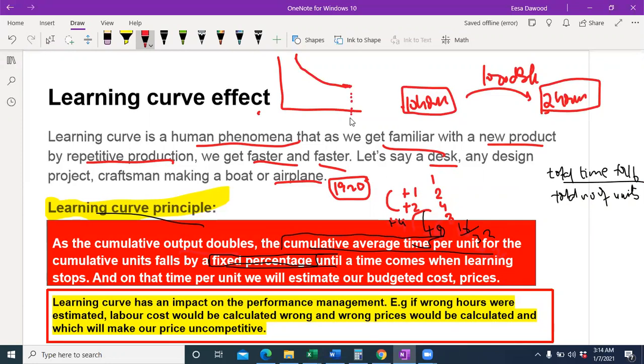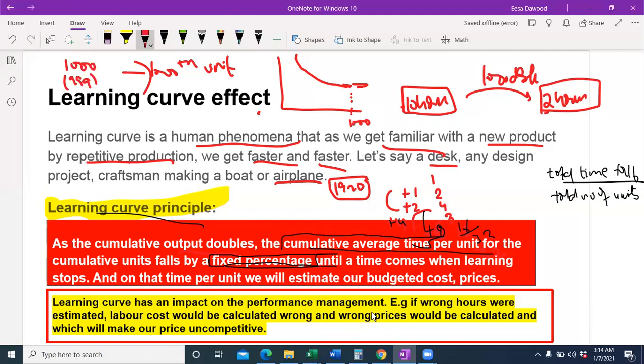So I take that very time using the formula approach. For example, after 1,000 units, I say the time actually stops. So I will calculate the time taken for 1,000 units, because now I know any unit above 1,000 will take the same time as the 1,000th unit. And how do I calculate the time taken by the 1,000th unit? Just like I told you, from the total time of 1,000 units, you deduct the total time of 999 units, which will give you the time taken for the 1,000th unit, and definitely you will be doing it with the help of the formula approach, not the double approach.